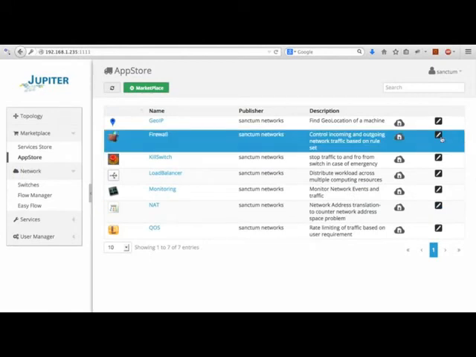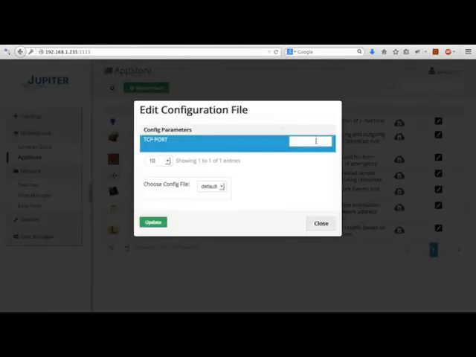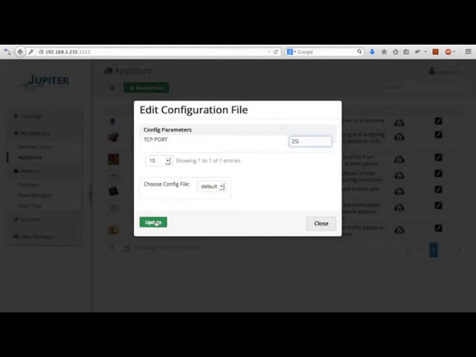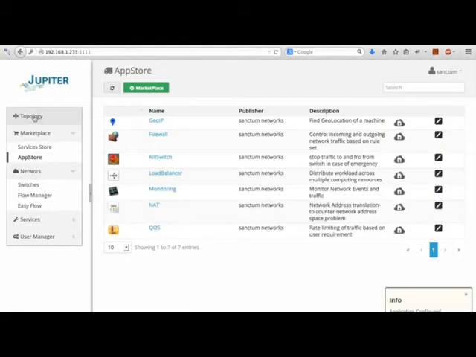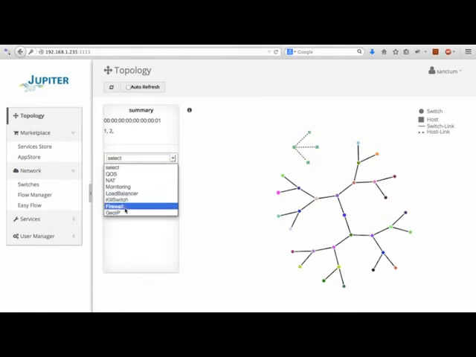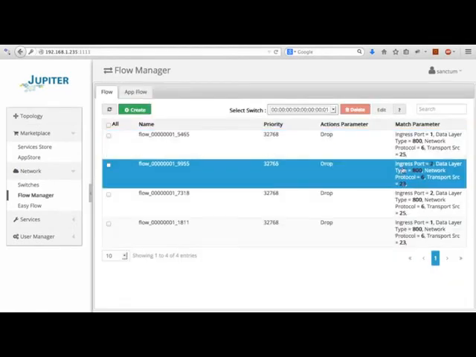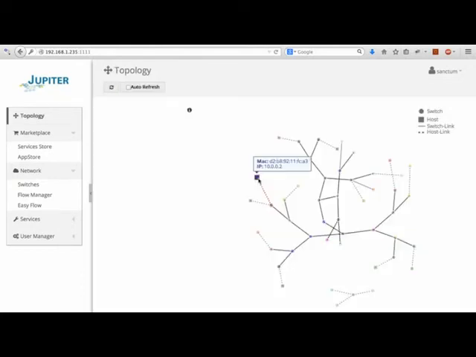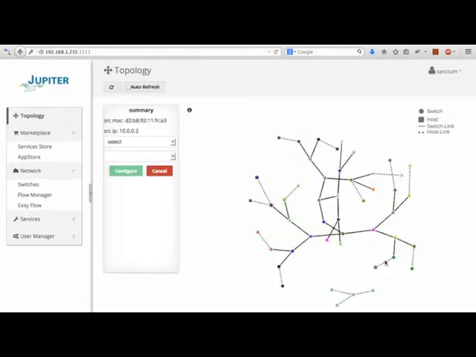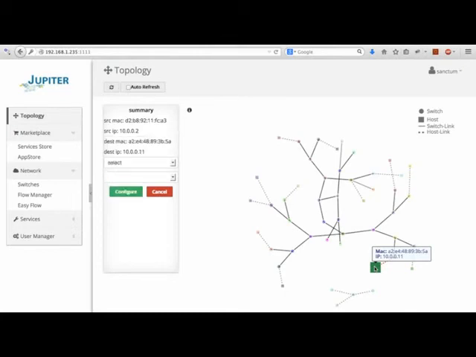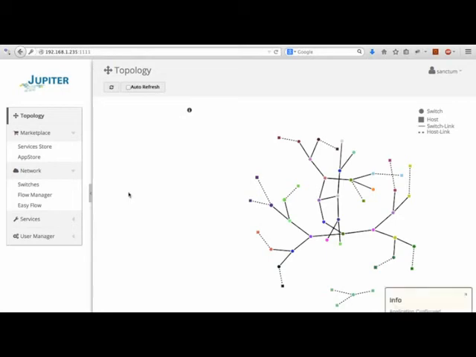If you want, you can add a new rule to the firewall by editing the current configuration and then deploying again, which will result in new rules being added. Applications can also be deployed in the end-to-end host scenario, which is relevant in the case of QoS. This way, you effectively deploy an application in the whole network path between the hosts.